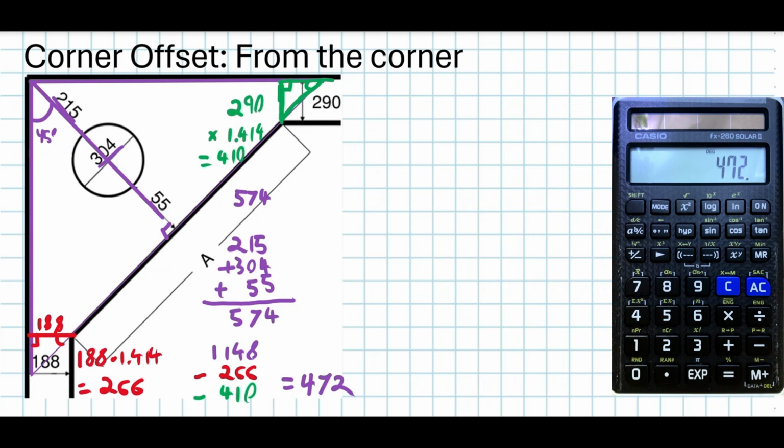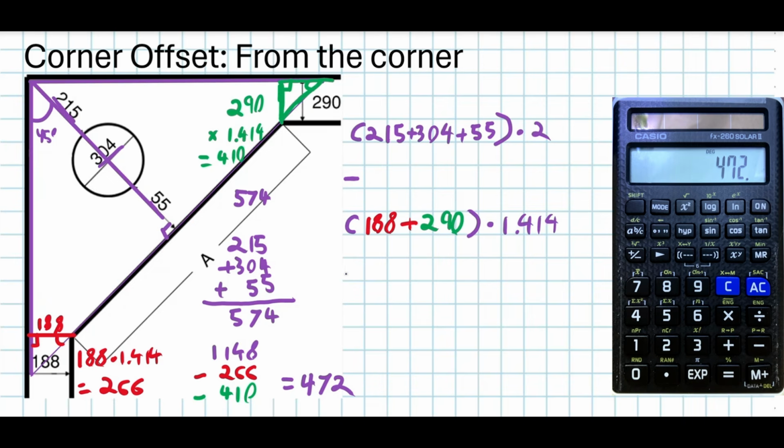Now, if I wanted to do this in one step, I could begin like this. I would open a bracket on my calculator. I will type in my 215 plus 304 plus 55, close the bracket, times 2, minus, open a bracket, 188 plus 290, close the bracket, and times by